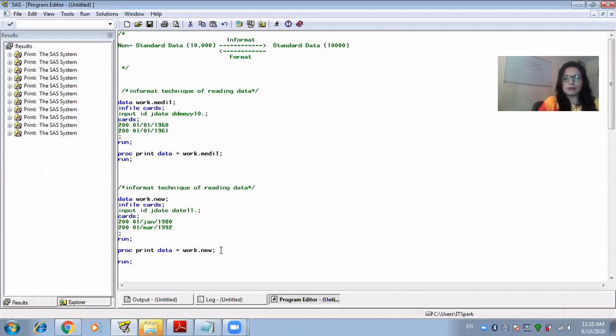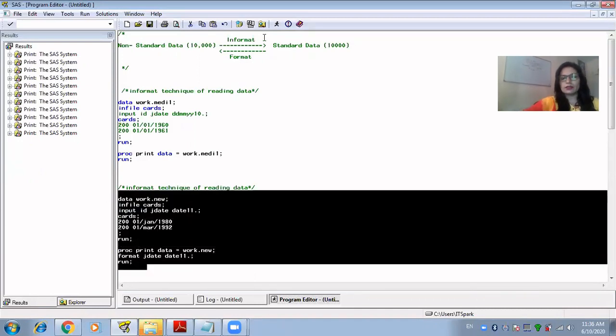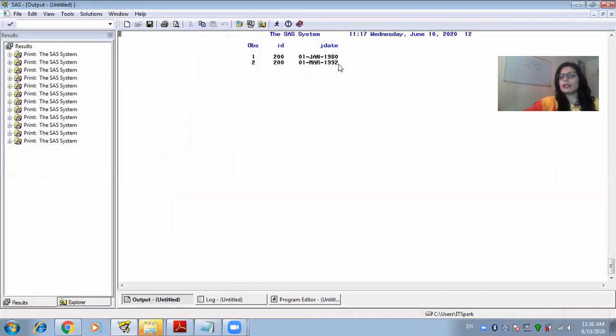So I'll be writing a format here, format. Where you want to apply this format? What is the variable where we want to apply this? That is J date, and you want to convert that into date11 again. So I have to write date11 dot semicolon, and I select and run this, and you see the difference. So again, it has been converted as a non-standard one.